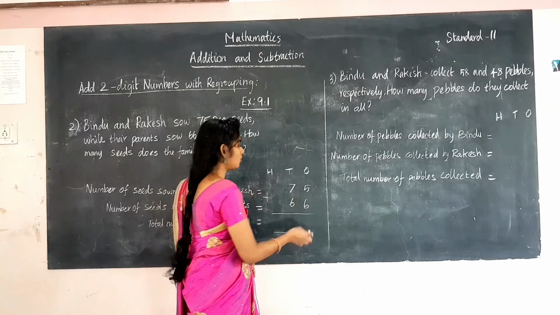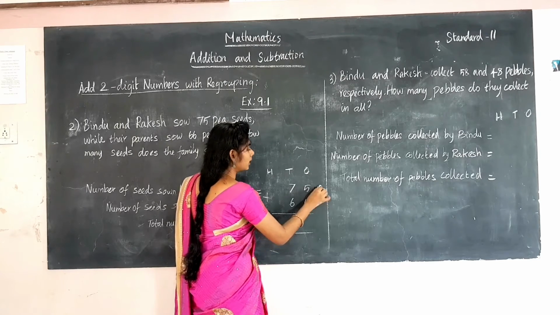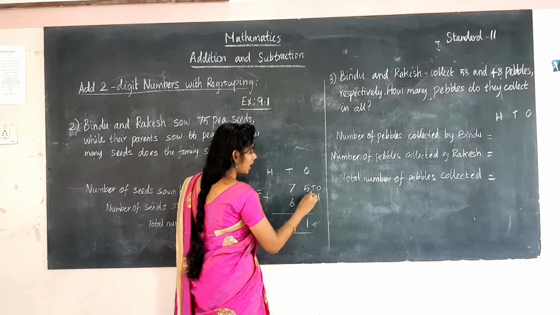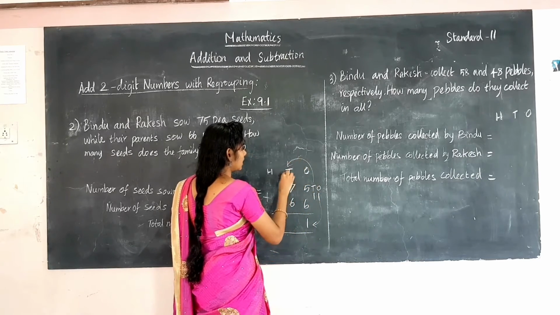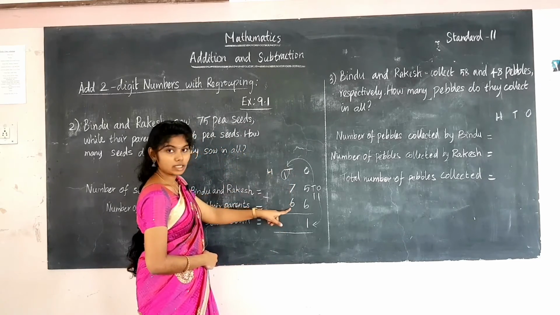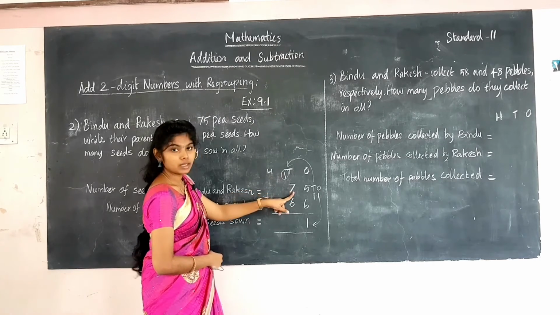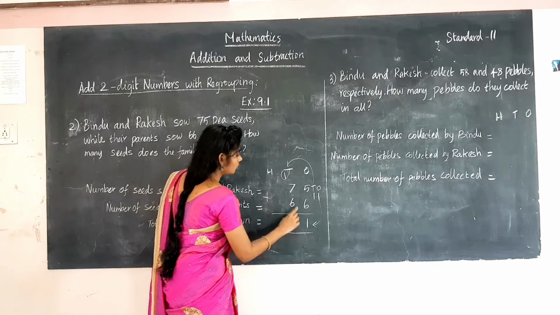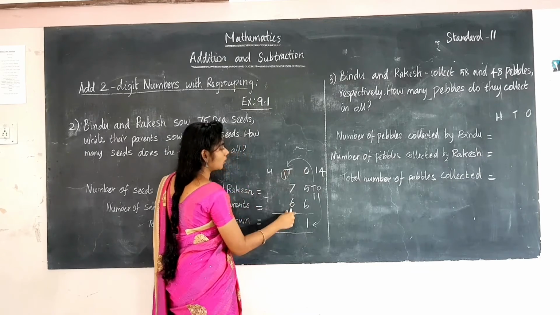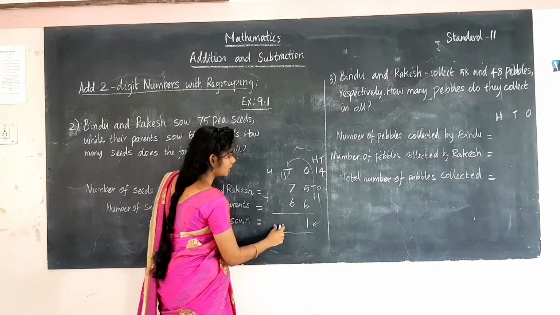It's a 2-digit number, so we are writing 11 outside, where we found it in the ones place. So start from ones and then tens. So write 1 to the ones place. And here take 1 to the tens place, that is, we are carrying over the number 1 to the tens place. So what are the numbers in the tens place? 1 ten, 7 tens, 6 tens. So 1 plus 7 is 8, 8 plus 6 is 14. So write the number 14 outside because it is a 2-digit number in the tens place. So start from tens and hundreds, or simply you can write 14 here.